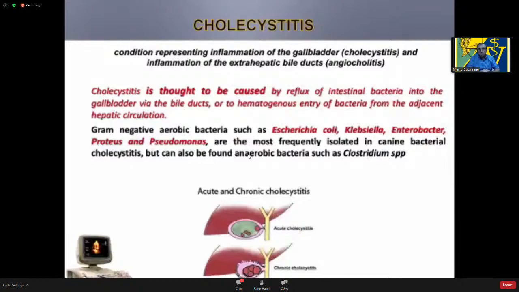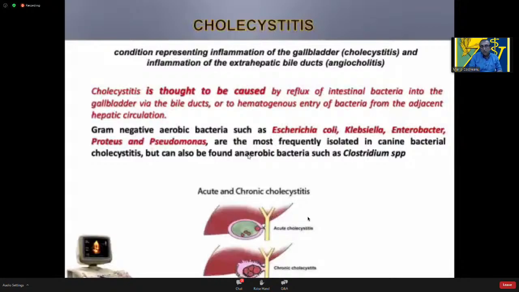In such cases gram-negative bacteria are involved. We can talk here about Escherichia coli, Klebsiella, Enterobacter, Proteus, and Pseudomonas, which are the most often registered and isolated in case of canine bacterial cholecystitis. But we can talk about the presence of anaerobic bacteria such as Clostridium. Probably you know and remember